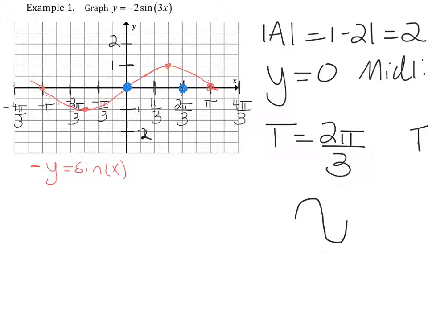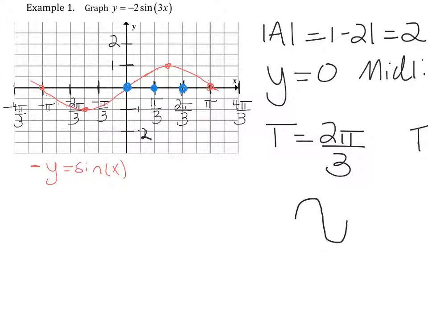Oops, I didn't want to do that. Undo. Okay, there we go. So it hits its midline again right here halfway